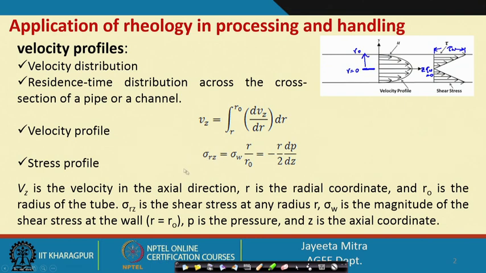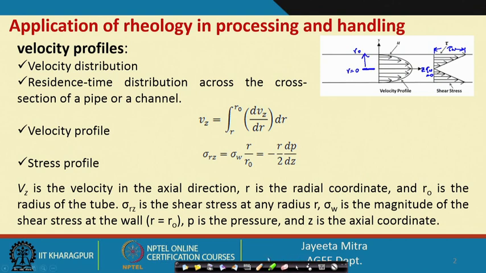That is equal to sigma w, the stress at the wall, into r by r0, because r0 is at the wall where the stress is sigma w, and r is any radial distance. So, this is equal to minus r by 2 into dp by dz,